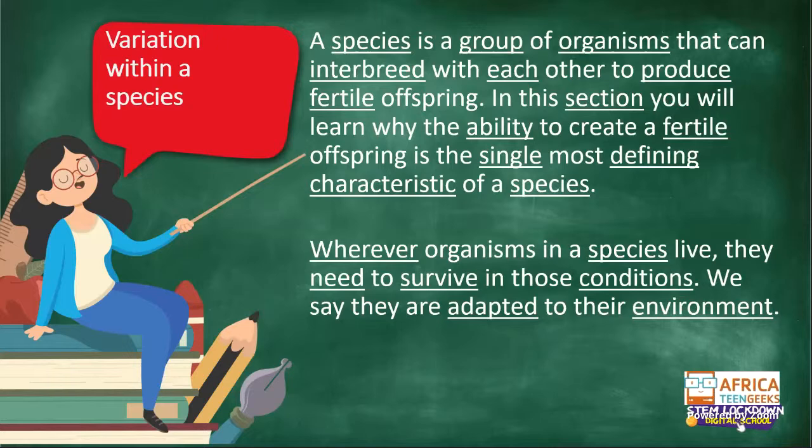So there are two parts to this slide that we need to know about. The first one is that if it is two different variations of the same species, they can reproduce, okay? And that is the characteristic of a species. The single most defining characteristic is that they can reproduce if they are of the same species. But if they are of different species, we are so designed that we cannot then reproduce, okay? And then the next one is the adaptations that we spoke about, and we'll look at that.